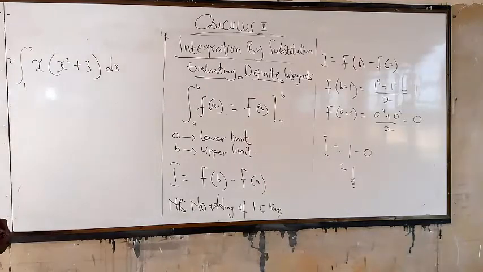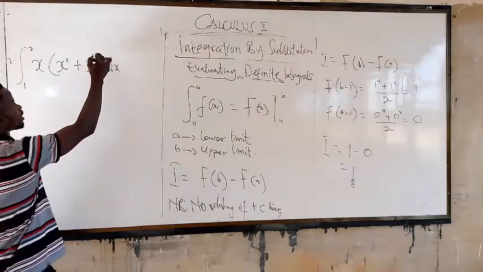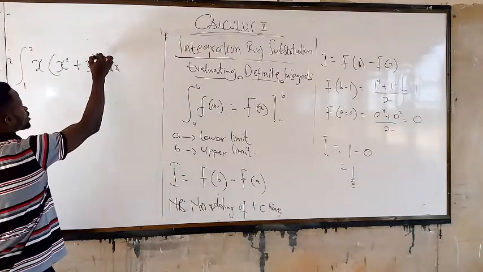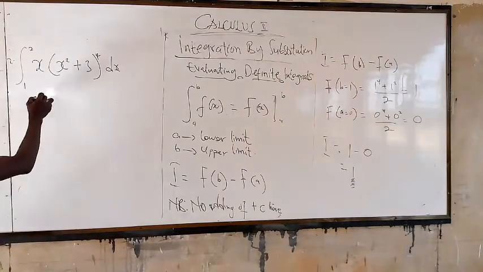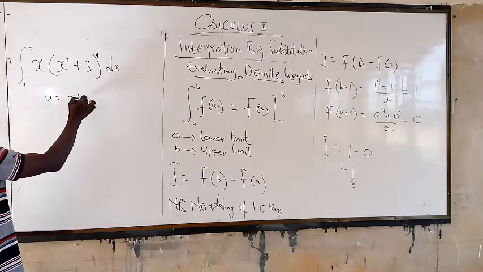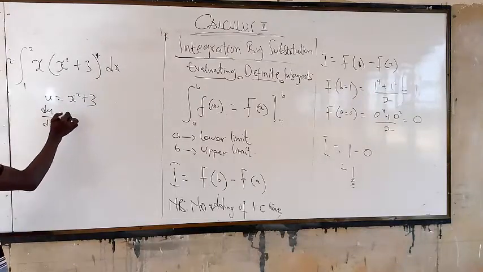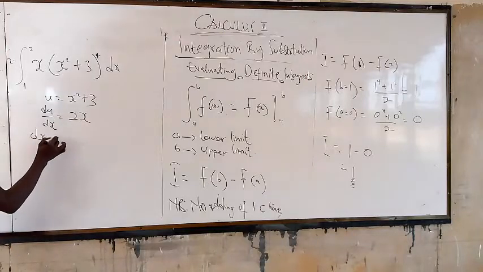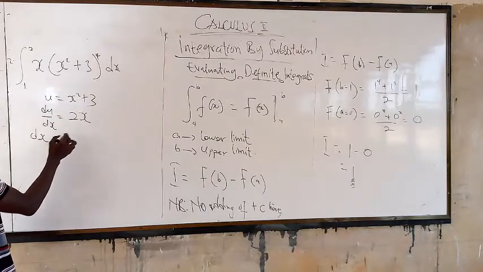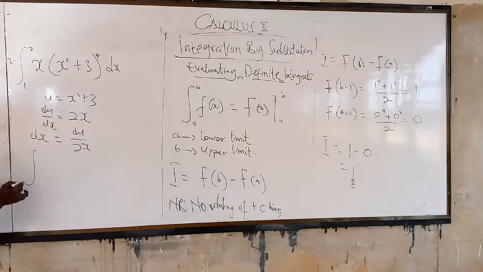So having this, you know that with this, you can expand and simplify, but let me bring it to the power 4 here. That means that we have to use u substitution. So u is equal to what? s squared plus 3. du/ds is equal to what? 2s. So ds is going to be equal to du over 2s. And when we do the substitution,